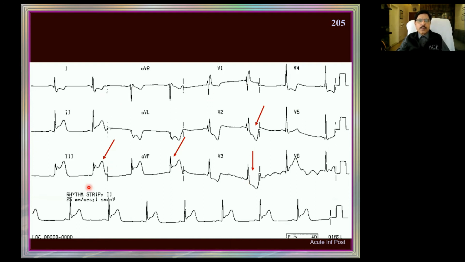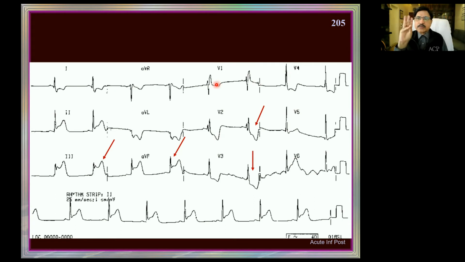There is also inferior infarct with a posterior extension. This is inferior and this part is posterior. I told you, in V1 and V2, if you see a tall R wave in V1, normally it is supposed to not have R waves. V1 is only a downstroke. If you see a tall R wave in V1,